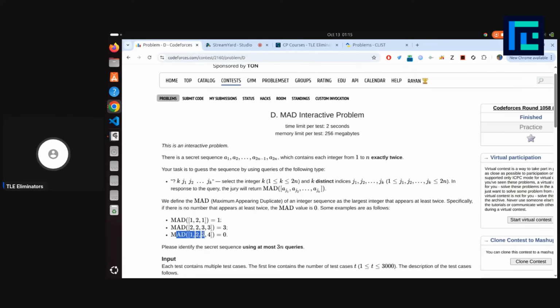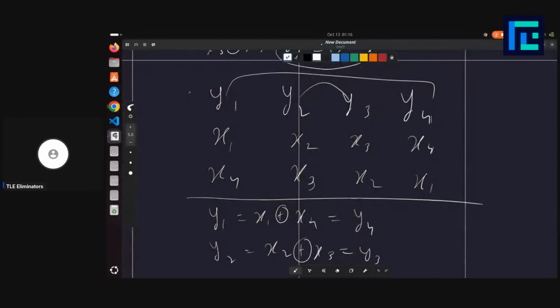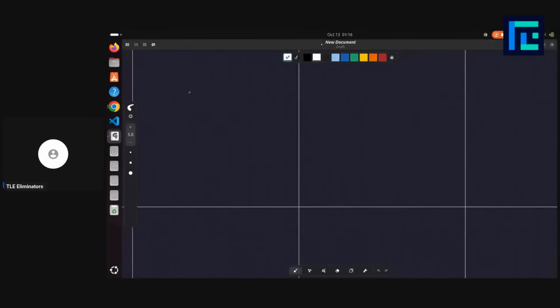And the mad of 1 2 3 4 is 0 because this sequence has no numbers which appear twice, so it will return 0. So in a single query, we can give the jury a set of indices, and it will return the mad of that subsequence. For example, we have this input, 2 2 1 1. Like if this was the array, which is 2211,